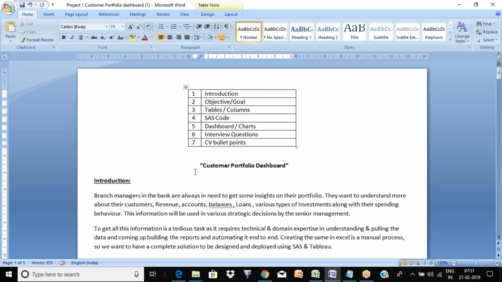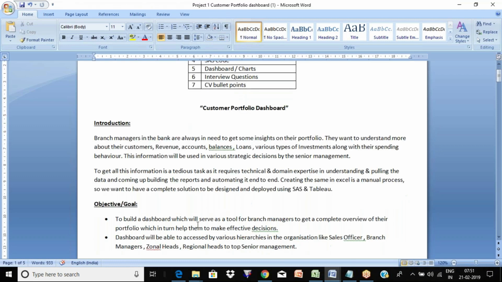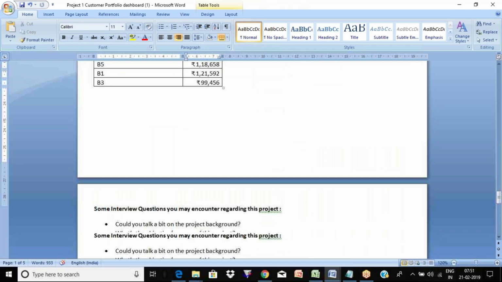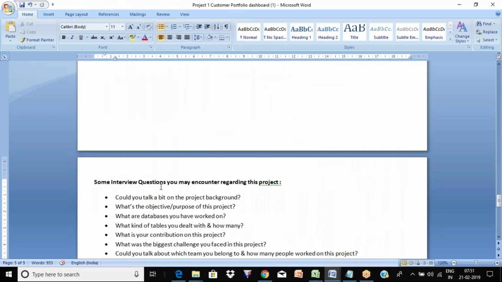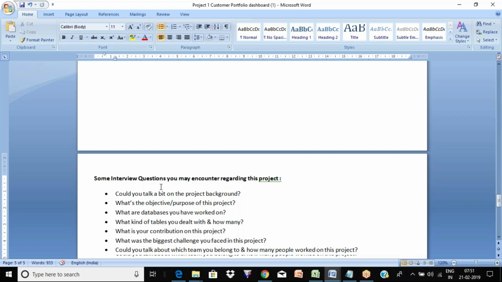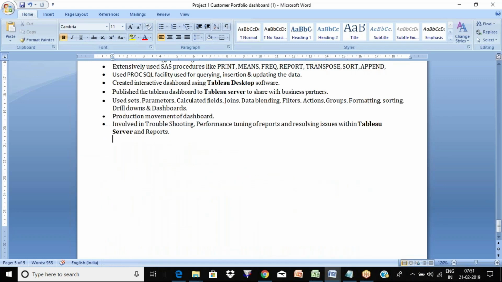So you have the interview questions also, right? Be prepared as if the interviewers are asking those questions, and literally note down on paper. Think about the SAS codes also, what kind of different functions, how did you proceed, how did you connect it to the database, everything which you have learned in SAS, those things will come into the picture. And then think about how did you go about the Tableau dashboard? Because what they will do is, when you put this, they will not go deep into asking you to write the SAS codes. No one will ask you.